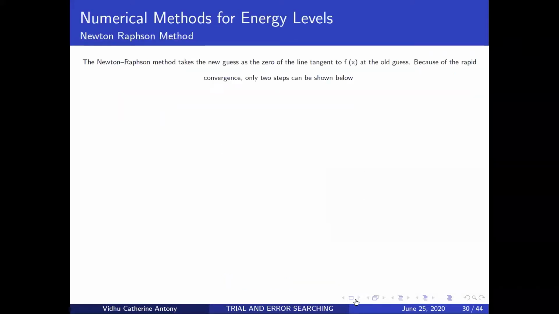Okay, so next we're moving on to the Newton-Raphson method. In this method, we basically have to take a random guess, looking at the plot that we did earlier. Usually the first guess is given to you in the question. So what we do is we take a line, find the slope of that line close to that function, and then we use the intercept of the line as a new guess for the next iteration.